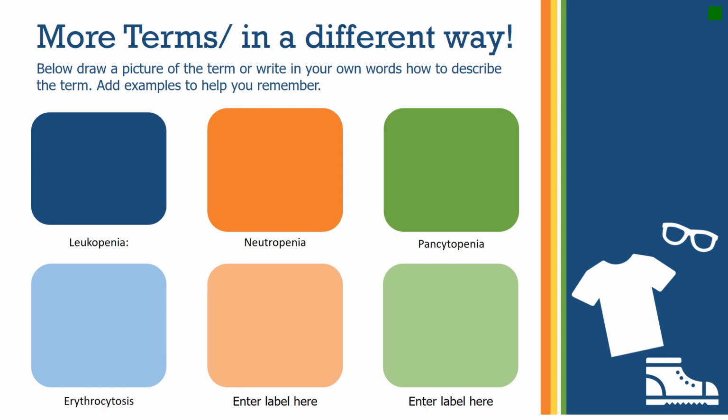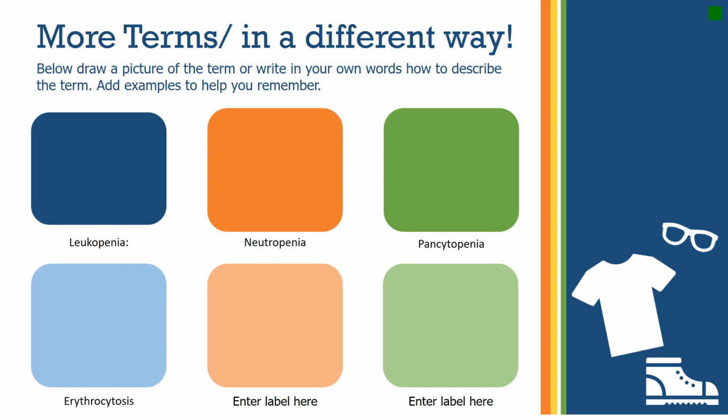And you have to know all the terms in order to get the right answer, right? So a term used to describe a deficit of all types of blood cells. You have to know which one means that. So I'm going to let you look those up yourself because I can tell you and you're not going to remember them very likely. But in the box, write in your own term, in your own words, maybe a picture,